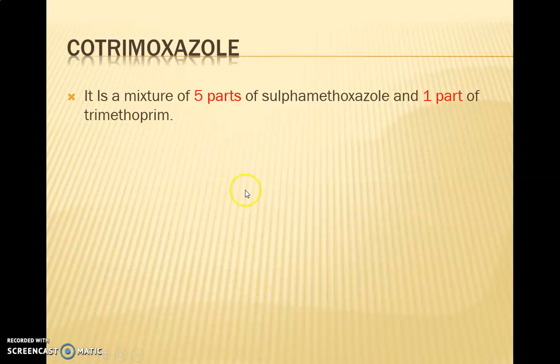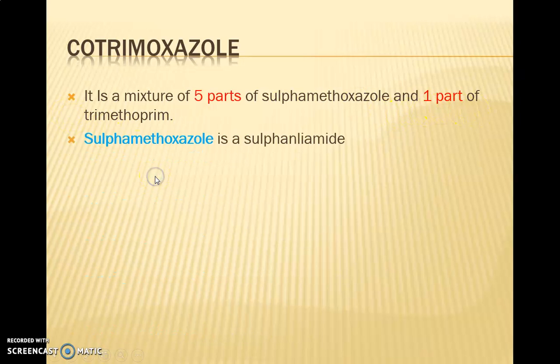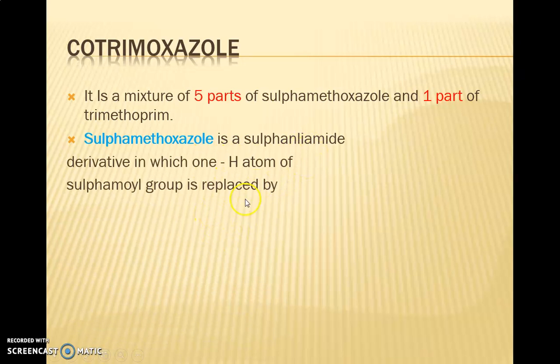Next, that is COTRIMOXAZOLE. It's actually the most important compound, COTRIMOXAZOLE. It is a mixture of 5 parts of sulphamethoxazole and 1 part of trimethoprim. So we'll see a 5:1 ratio, these two drugs are combined. It's a combination of 5 parts of sulphamethoxazole and 1 part of trimethoprim. So we'll see first what is sulphamethoxazole. It is a sulfonamide derivative in which one of the hydrogens of the sulfomoyl group is replaced by a 5-methyl isoxazole